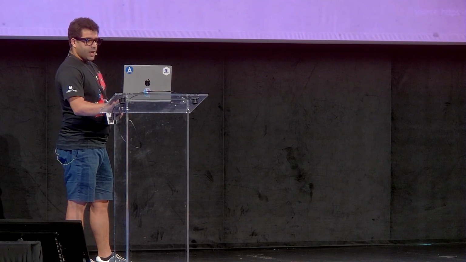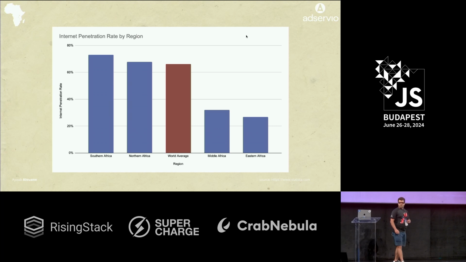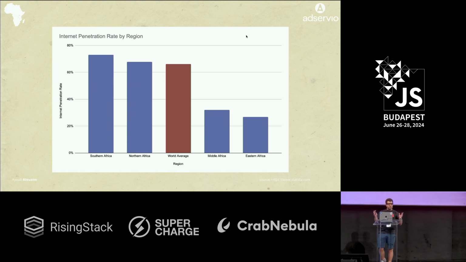So to start with the African context, I have a graph that shows the internet penetration rate by region. Here, for example, we have the south of Africa. It's good. They are doing good. We have north of Africa, the same thing. It's the same statistics as Europe. And we have the world average, which is, I think, 70% of penetration rate. But we have the middle of Africa and the east of Africa that has,